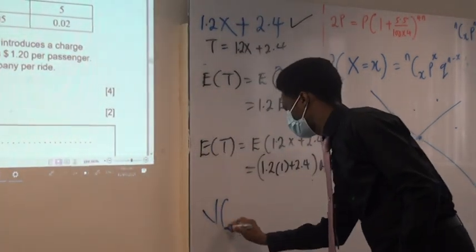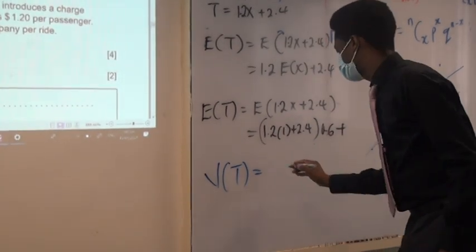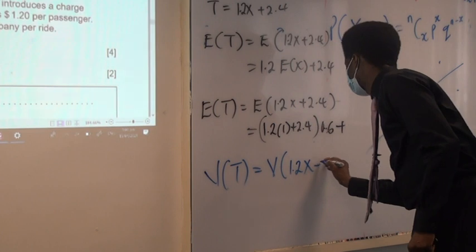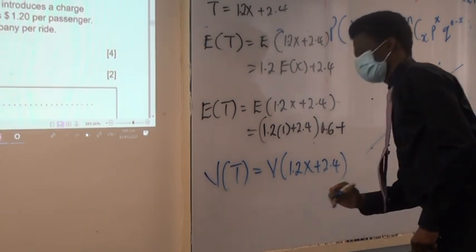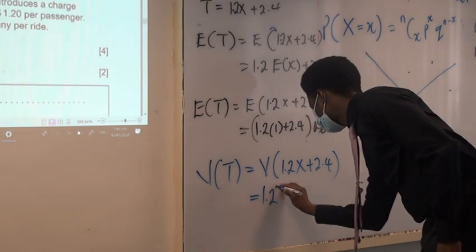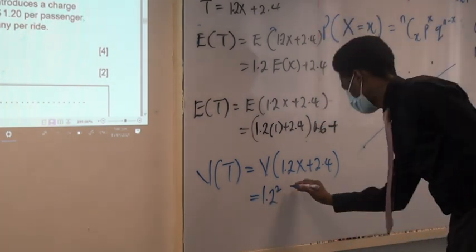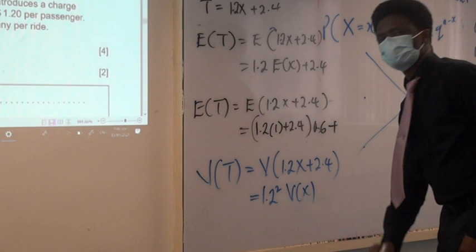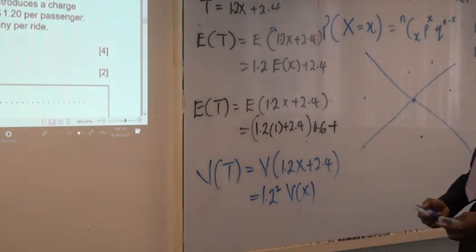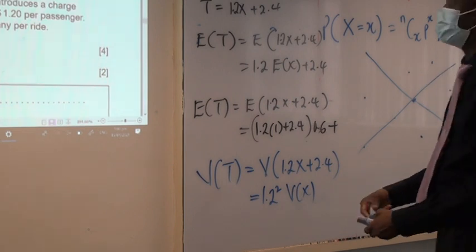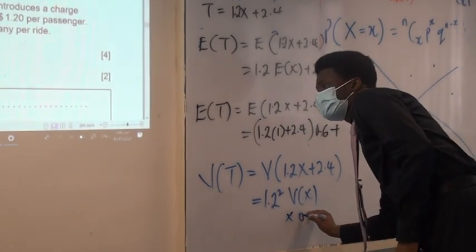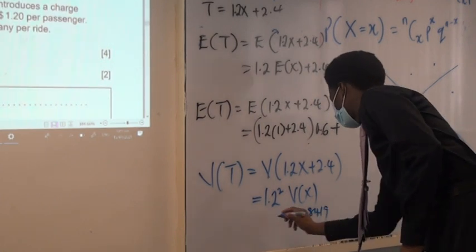For variance of T, which is the variance of 1.2X plus 2.4, okay, it's going to be what? A squared, right? Times variance of X. Okay? And then you can substitute. Oh, we have variance of X already. So variance of X is given. So we just substitute what? 0.8419. Then whatever